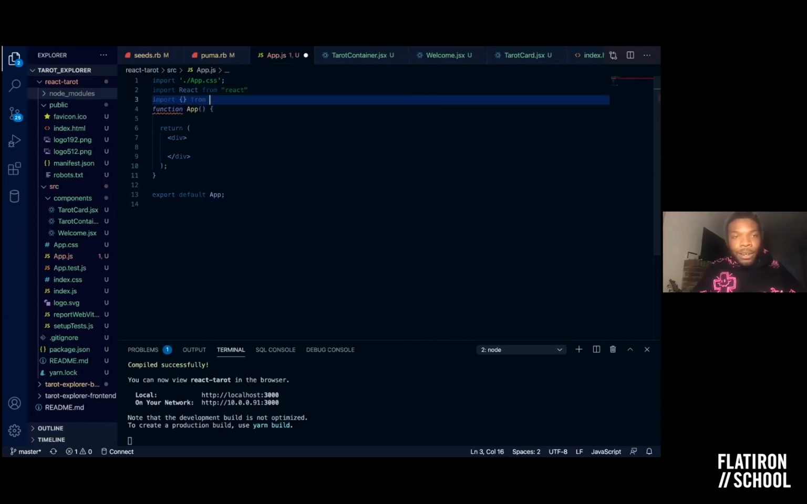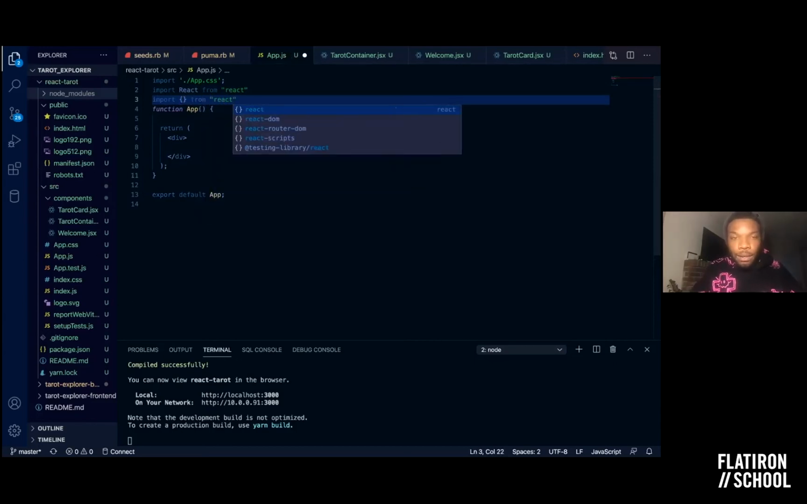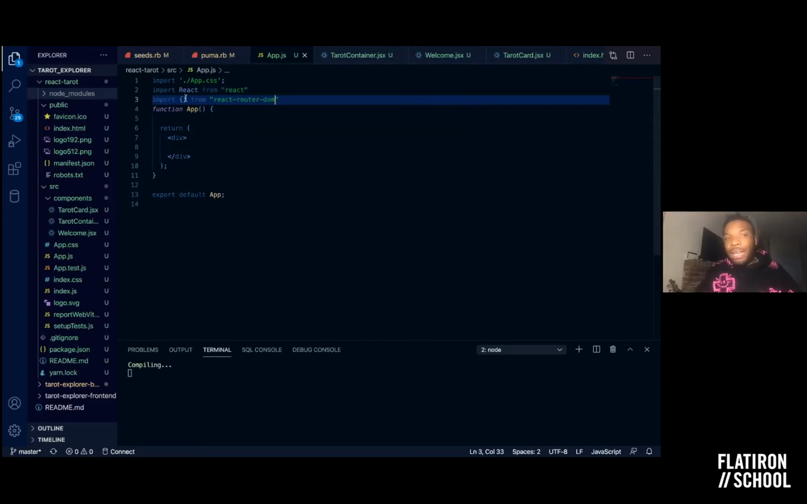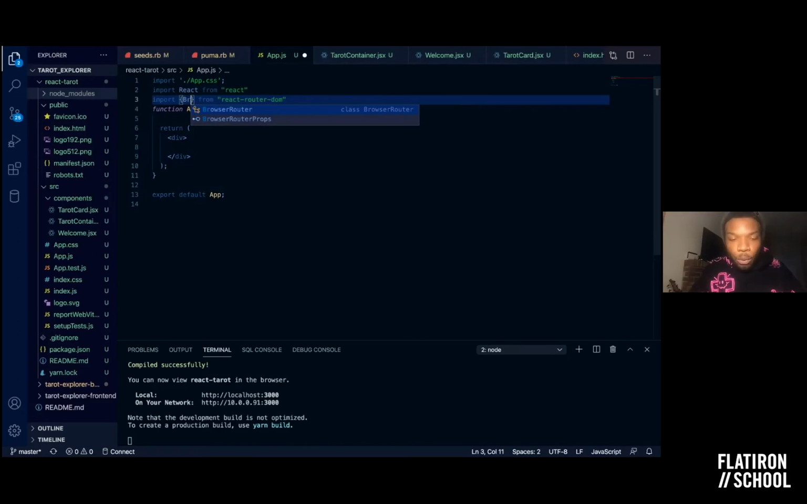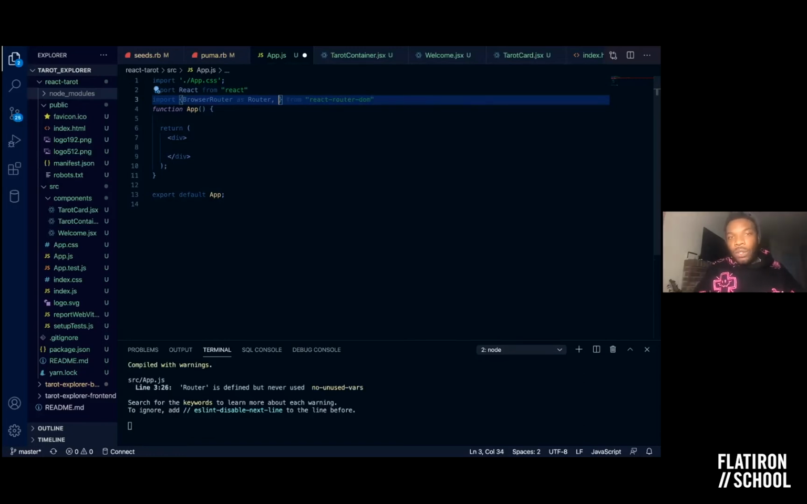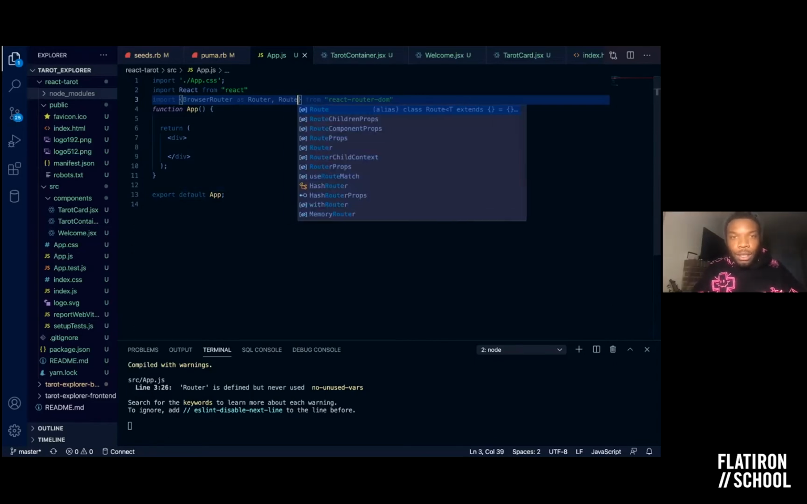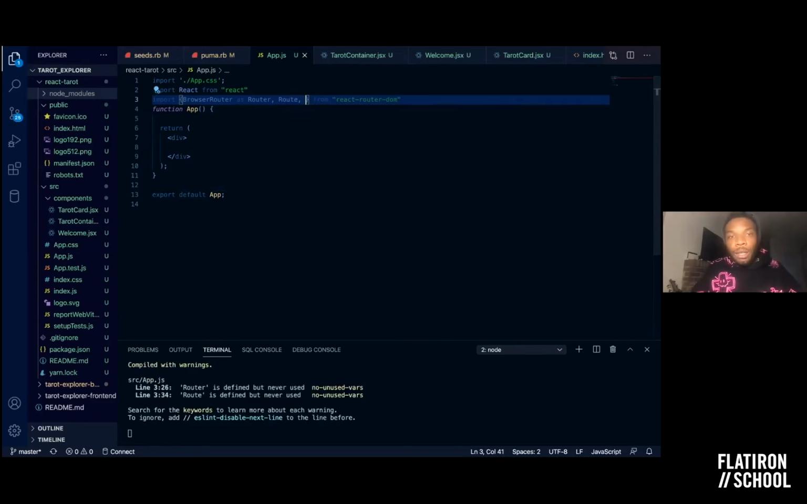Now for the router, I need react-router-dom, and you see it's sort of auto-filling the things that it finds in my node modules. And what I need to import from there is BrowserRouter as Router. That's just kind of standard how you do it. Just rename it as Router. And we can call Route, which is what we're going to need to actually render a